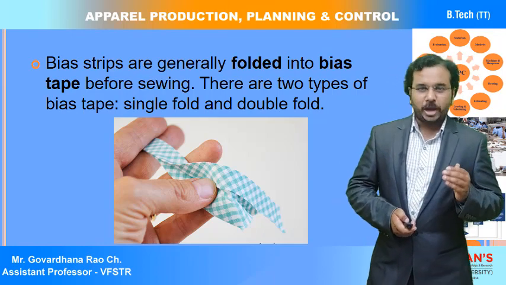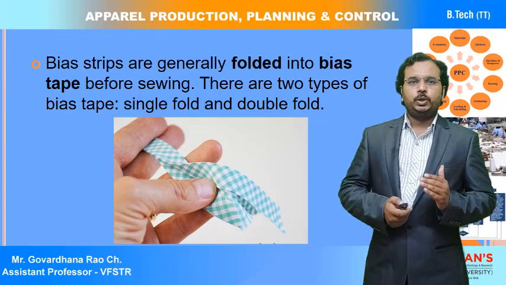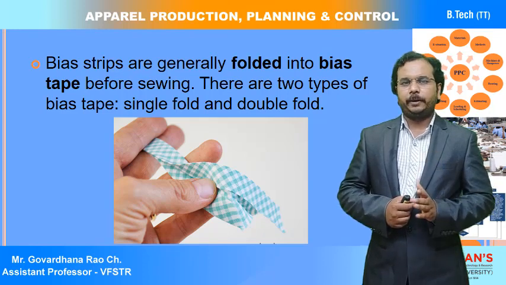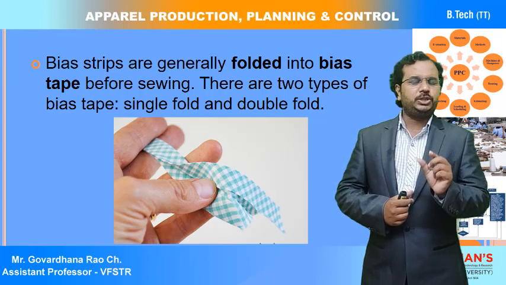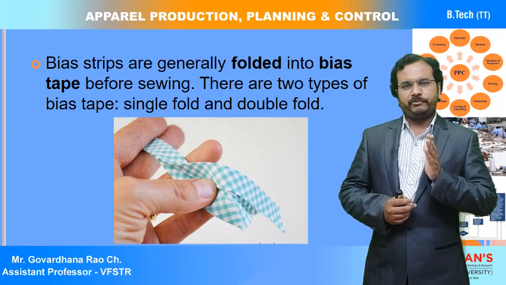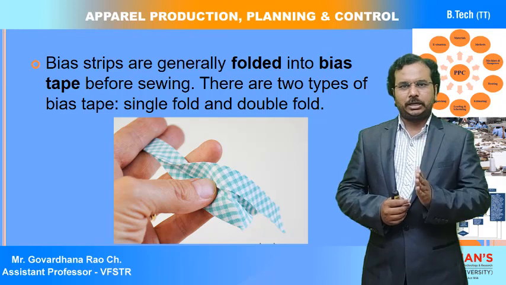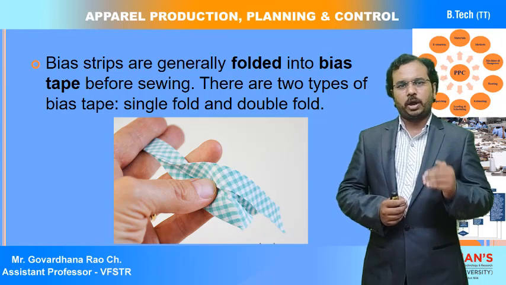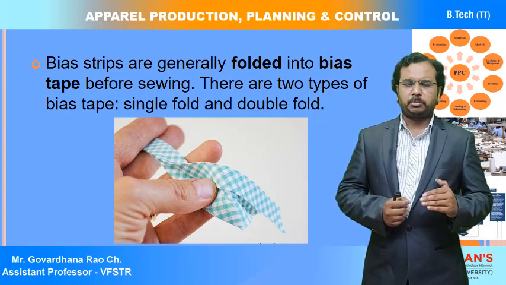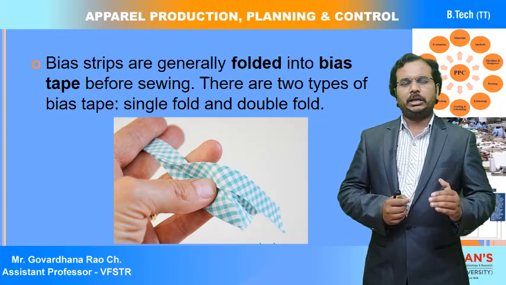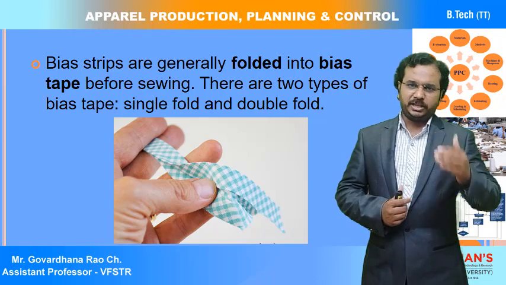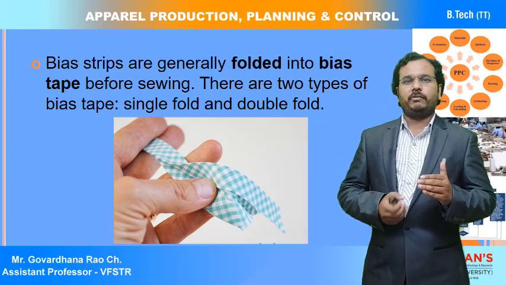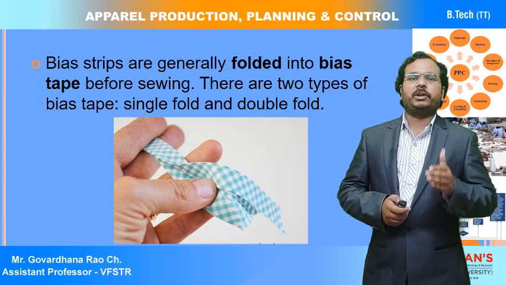Because while preparing and cutting the pattern, if you do not follow biased grain and follow straight grain, the piece or pattern has a very small width. After cutting, these small pieces are affected while transporting from the cutting department to bundling and ticketing, from bundling and ticketing to the sewing department, and even in the sewing department. There are chances of the edges of yarns fraying out of the fabric structure.